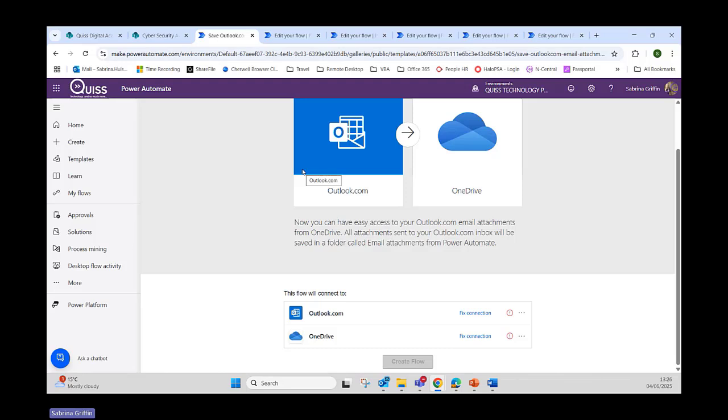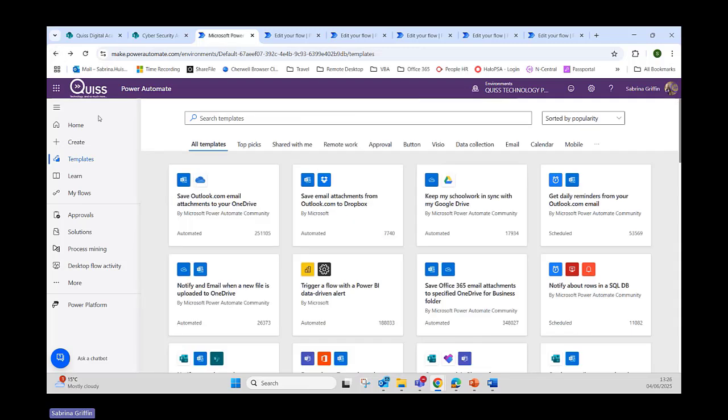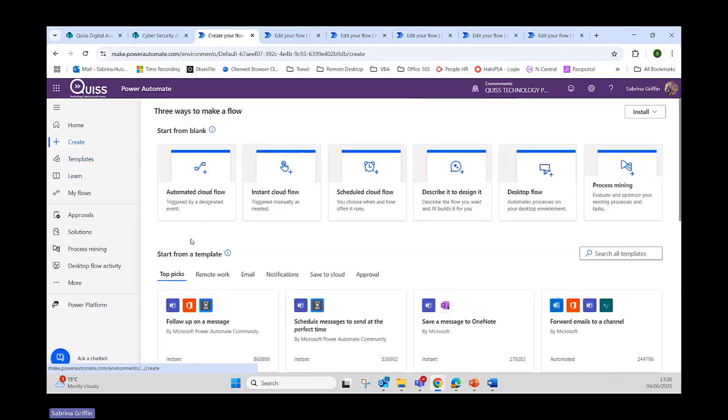You can delete steps, add new steps, change the options, but it's a great starting point if there's a template that's close to what you're looking for. We've got a create button, so if you do just want to create a flow from scratch, we've got those